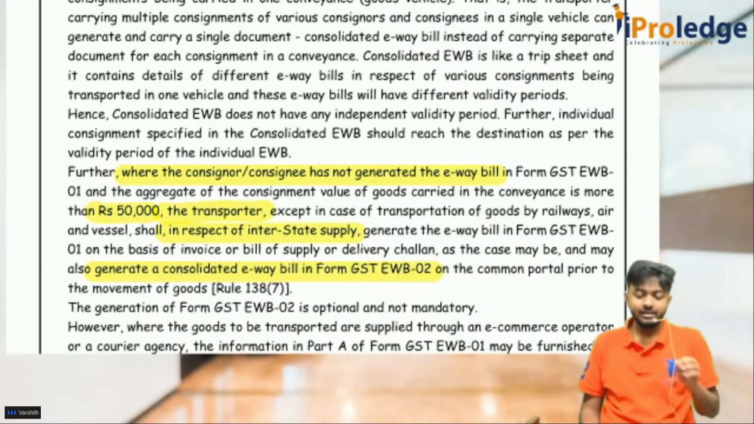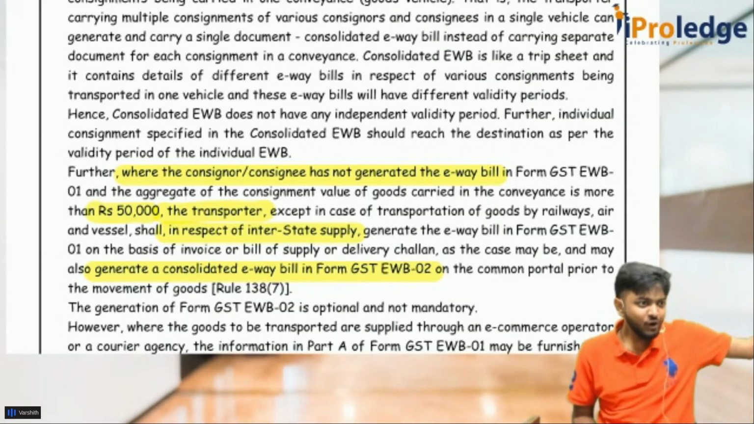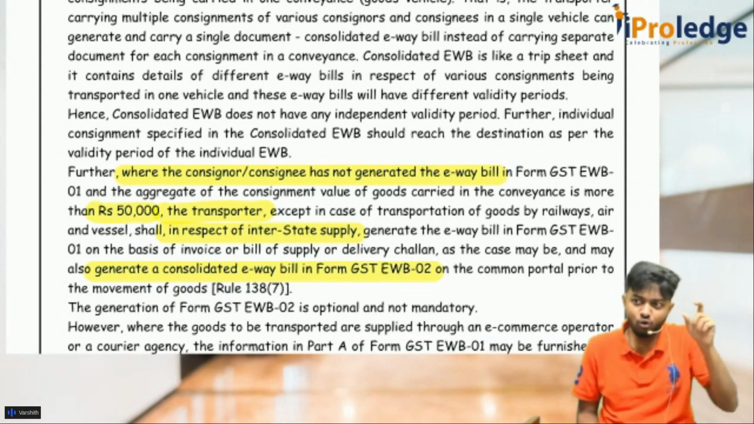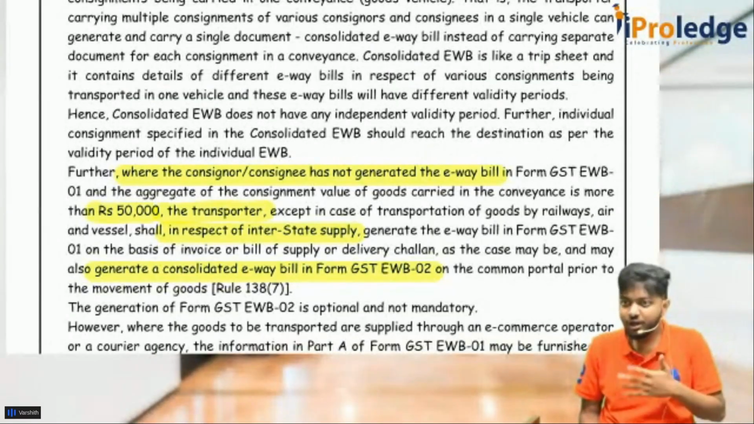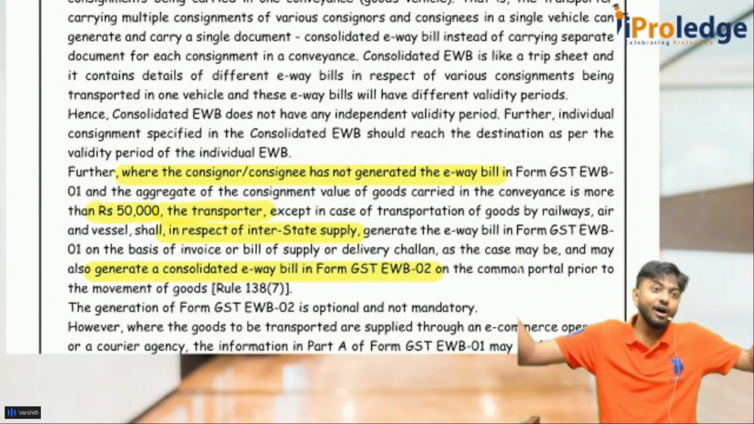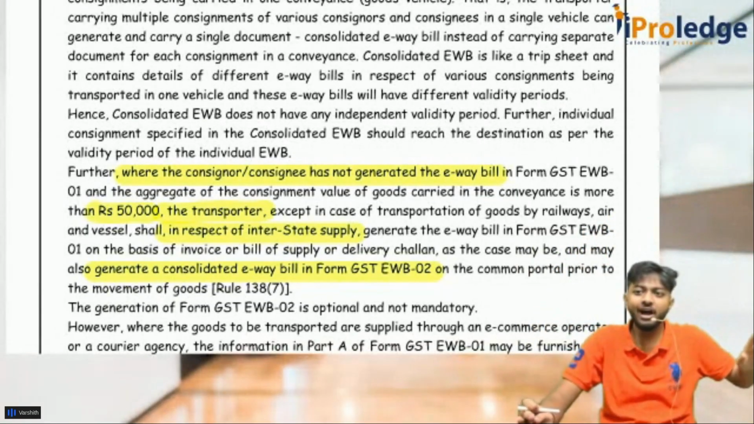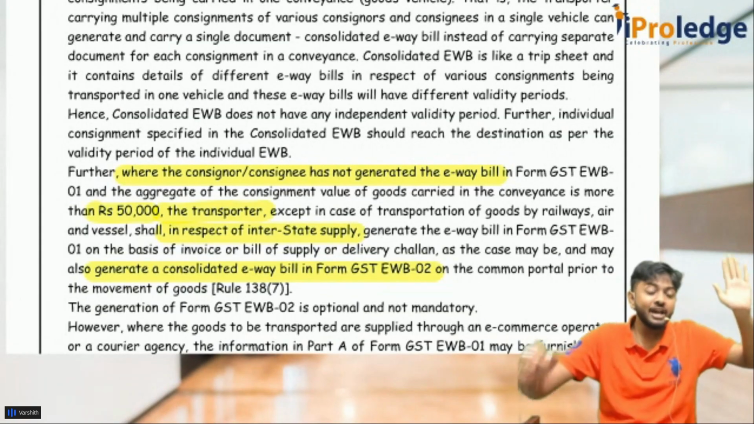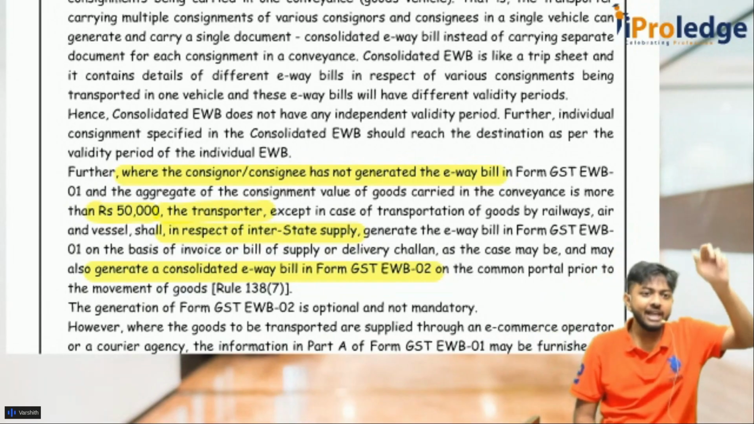Very important point. Now what they are telling is, I am the transporter. The consignor has come. His goods consignment value exceeds 50,000. He was supposed to generate the e-way bill, but he did not. They are telling you, transporter guy, you are supposed to generate the e-way bill, but it is very difficult to carry all the e-way bills one by one. So we have given him the option of a consolidated e-way bill. That means all the e-way bills he can carry via only one document. No need to carry all the e-way bills. One consolidated e-way bill he can carry. That only he can show to the